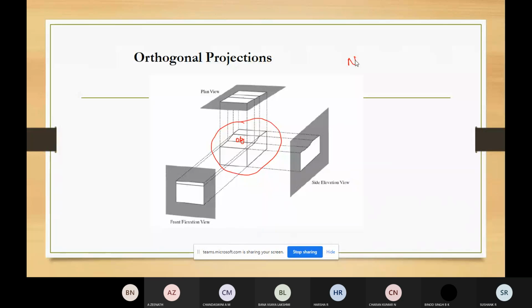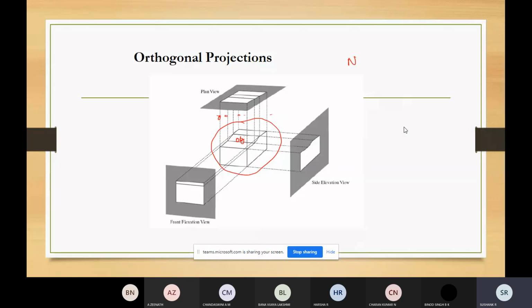This kind of orthogonal projection will produce the transformation in which the projected lines will be perpendicular to the view plane. You can see that all these dashed lines are perpendicular to this view plane.